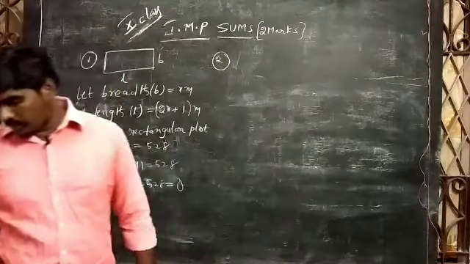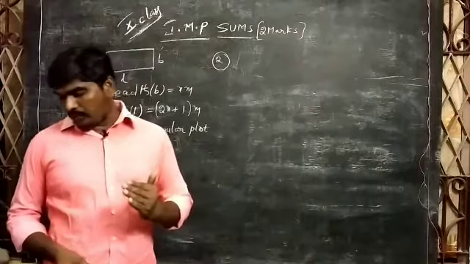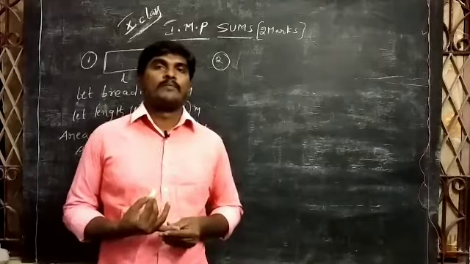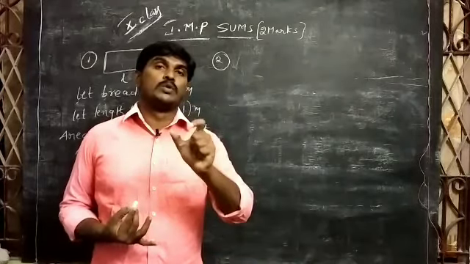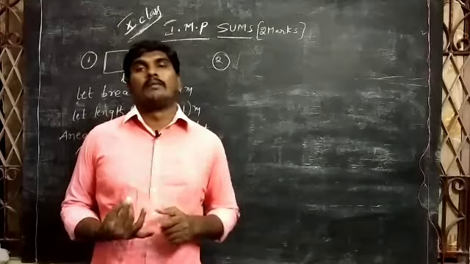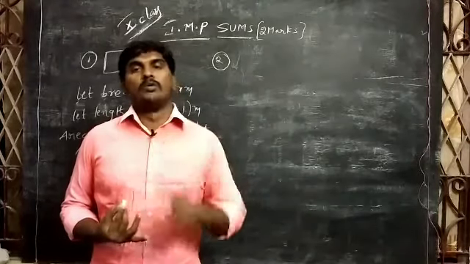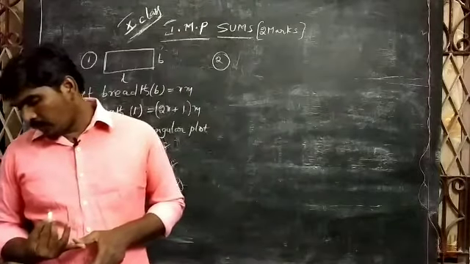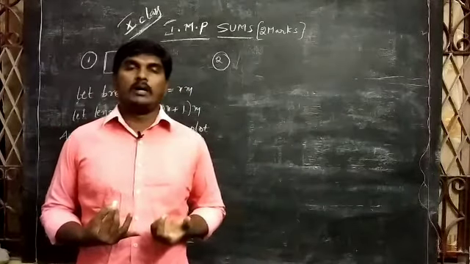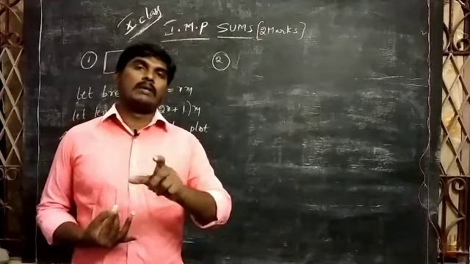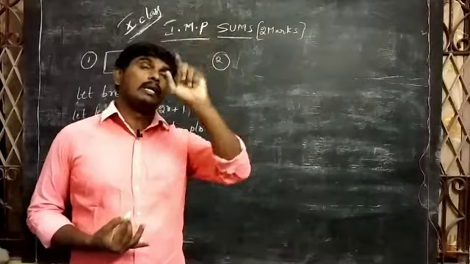The second one: the product of two consecutive positive integers is 306. Here we have to underline the word "consecutive". The product of two consecutive positive integers is 306. We need to find the integers given. Actually, in the question they are given like that, and sometimes the heading is like that.